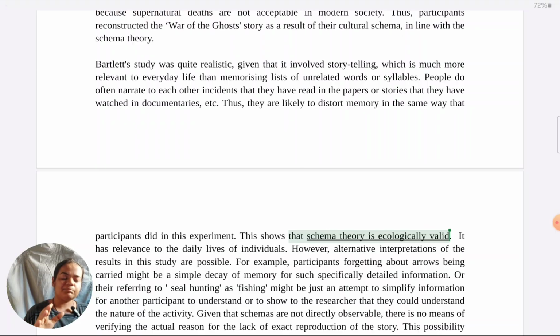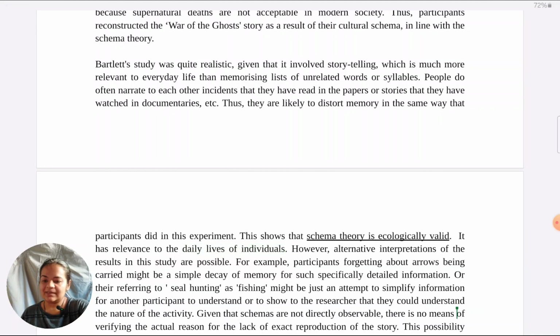Given that what is happening in this study is realistic, it goes to show that in our everyday settings, in our real life, we must be reconstructing events just like we do in these type of studies. I'm talking about the larger theory when it comes to evaluation. I'm not evaluating the study for its own sake. Let's see one more example of this.